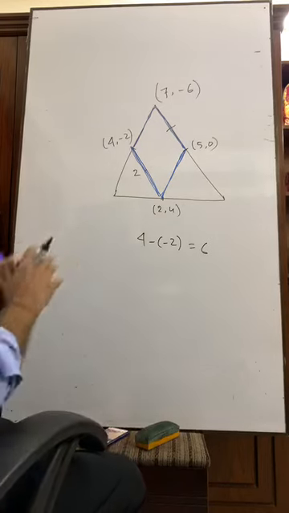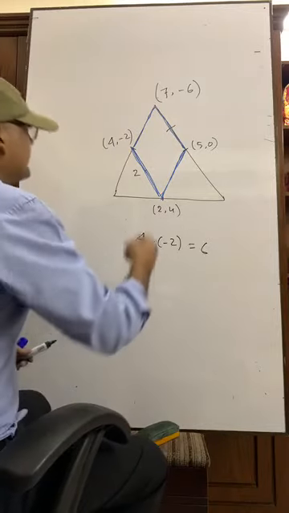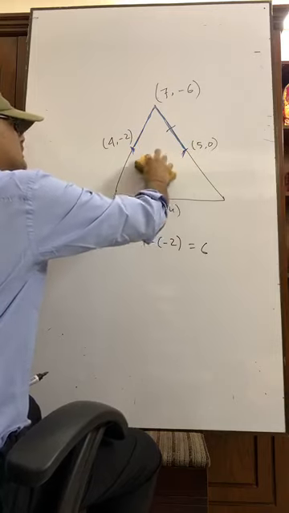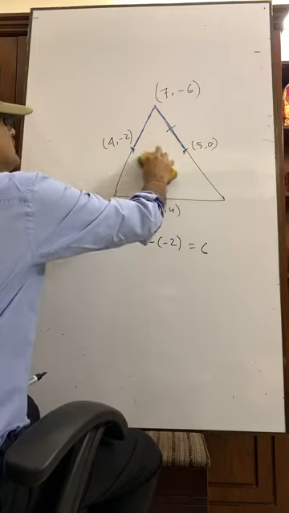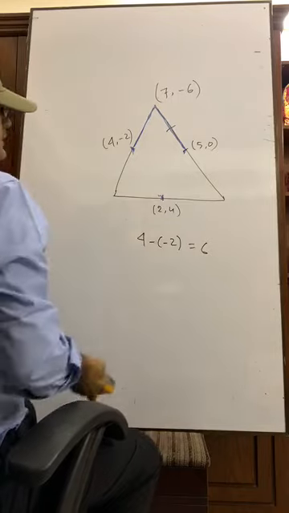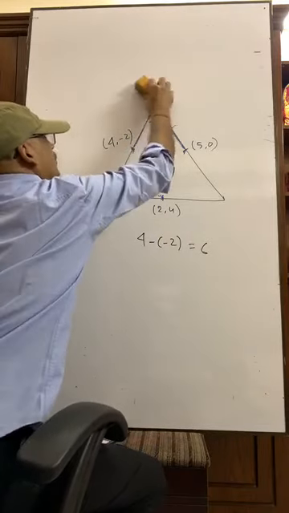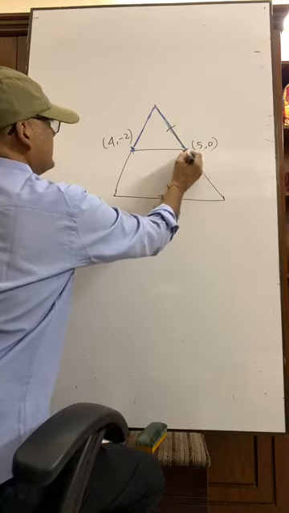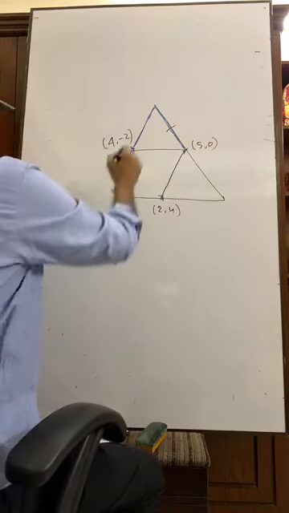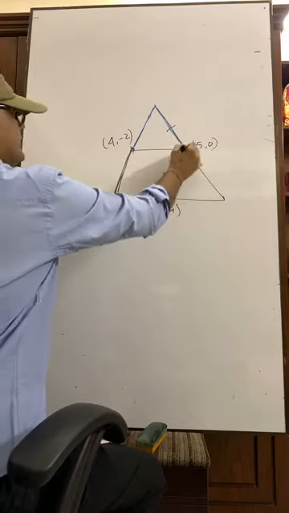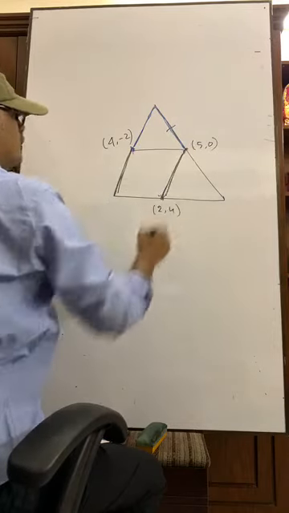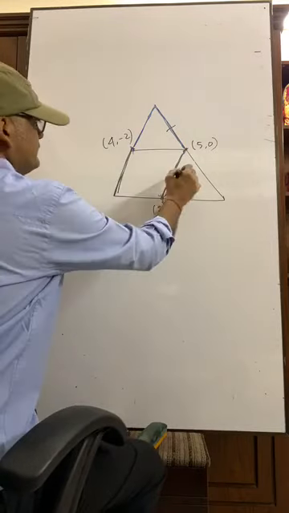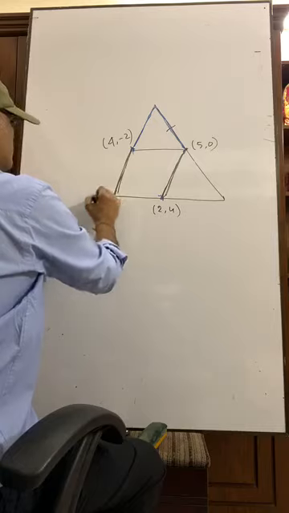Suppose I am going to show you another thing. We can omit this now. Suppose this line is joined. So what will we do? We have to find this one.